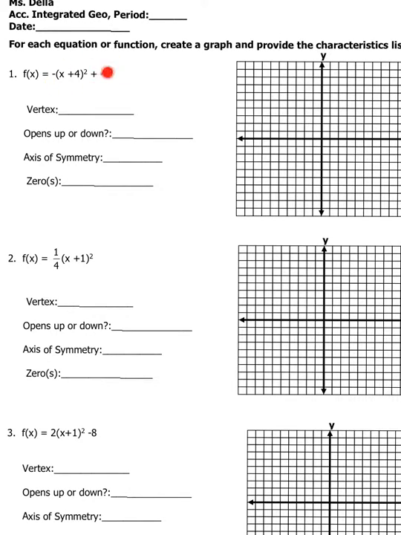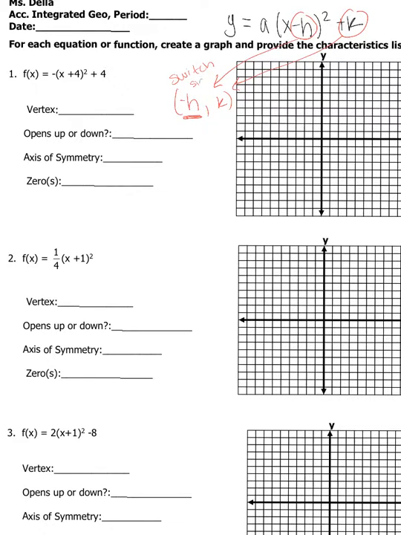Remember that the vertex of this guy is always going to be the opposite value of h and then the k. In other words, our vertex is always coming from our vertex form, which is y equals a (x minus h) quantity squared plus k. If I steal the h value and the k value, that will give me my vertex points. However, to get my vertex all together, I need to change the sign of the h. So it's really like that. So we switch the sign